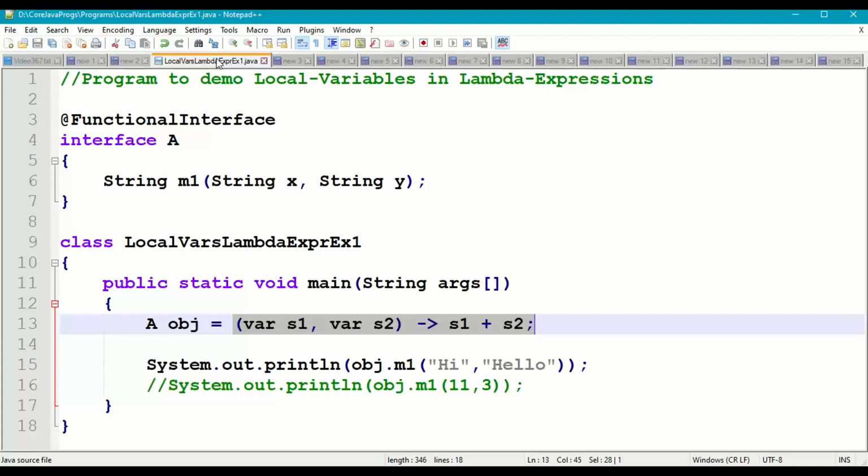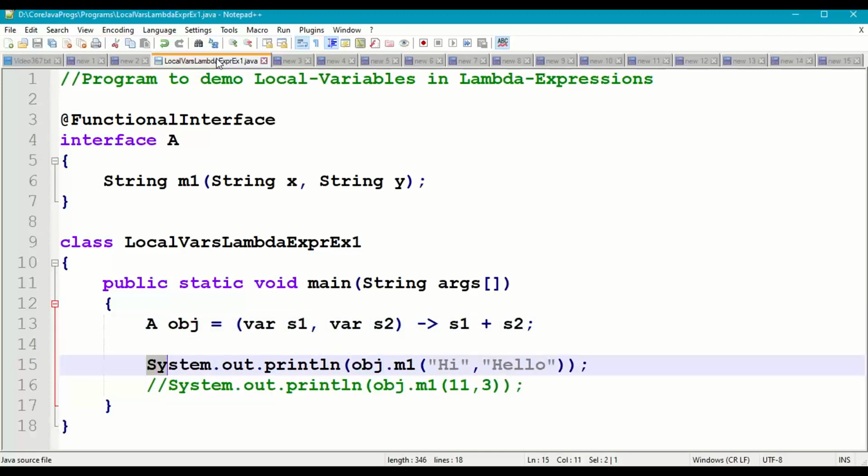A functional interface contains only one abstract method, so directly we can use a lambda expression as a substitution for the interface subclass, which is an anonymous subclass. Directly here I am taking var s1, s2, then the lambda arrow operator, perform s1 plus s2, and this anonymous class reference we are putting in the base interface reference obj.